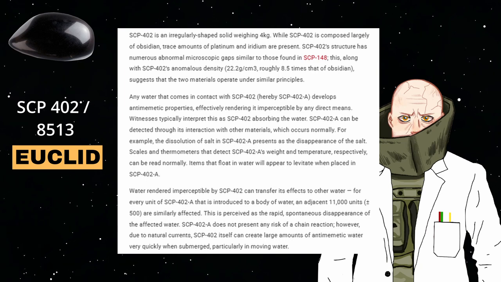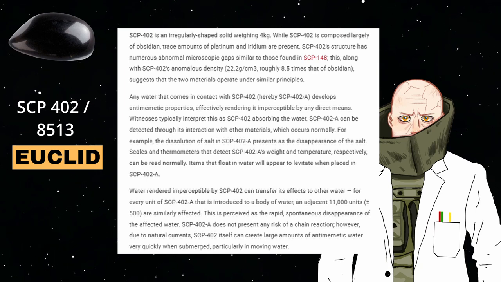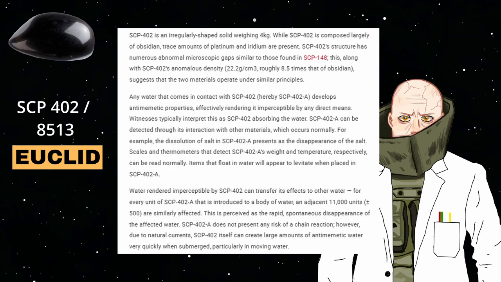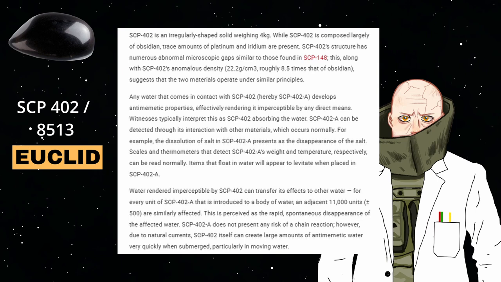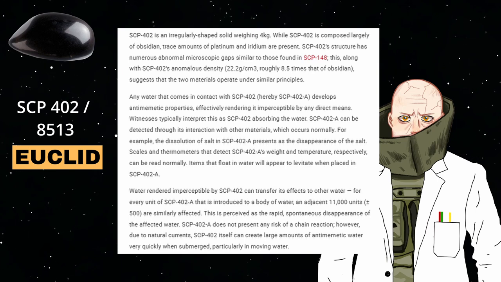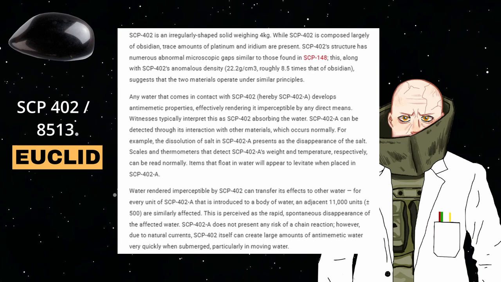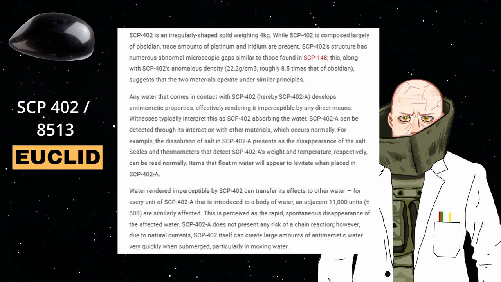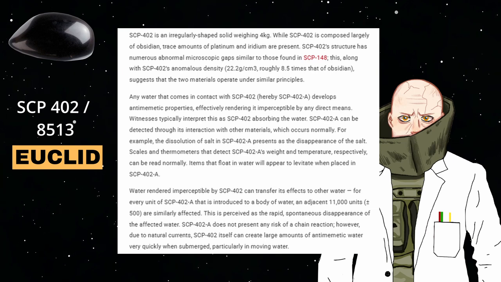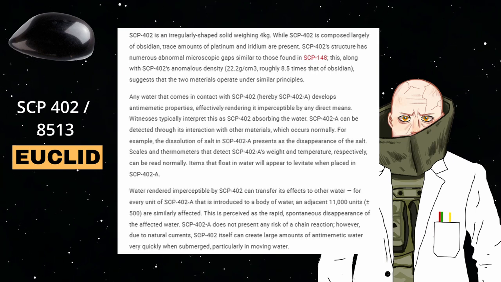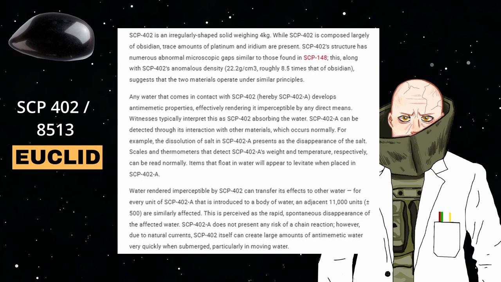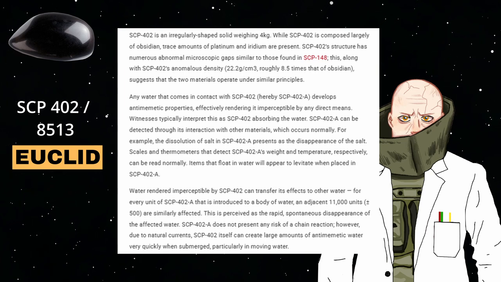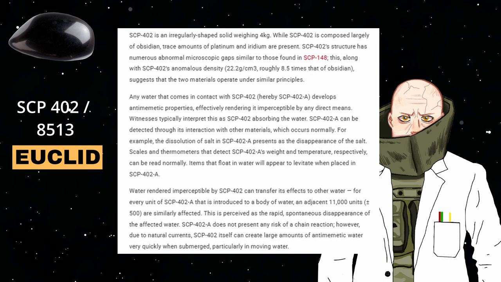Water rendered imperceptible by 402 can transfer its effects to other water. For every unit of 402-A that is introduced to a body of water, an adjacent 11,000 units are similarly affected. This is perceived as the rapid, spontaneous disappearance of the affected water. 402-A does not present any risk of a chain reaction. However, due to natural currents, 402 itself can create large amounts of imperceptible water very quickly when submerged, particularly in